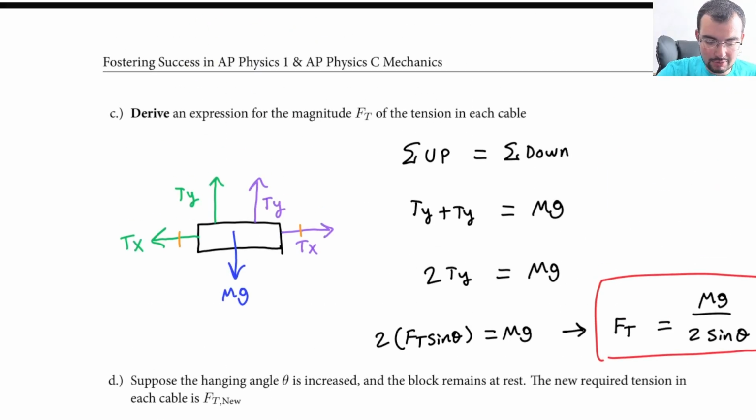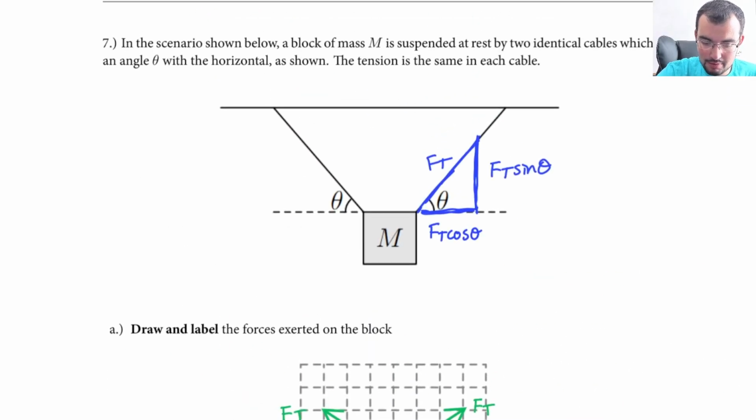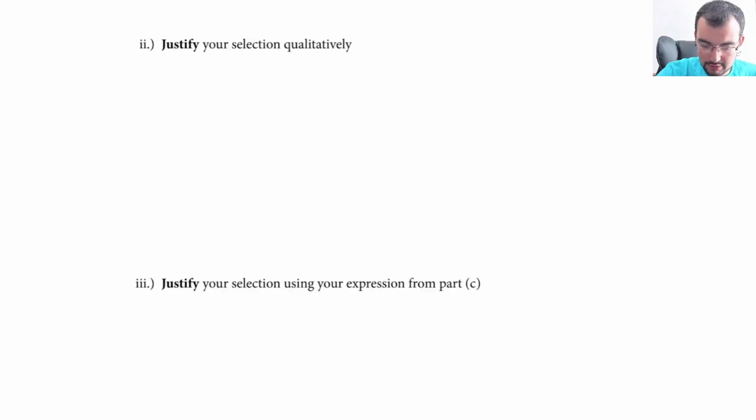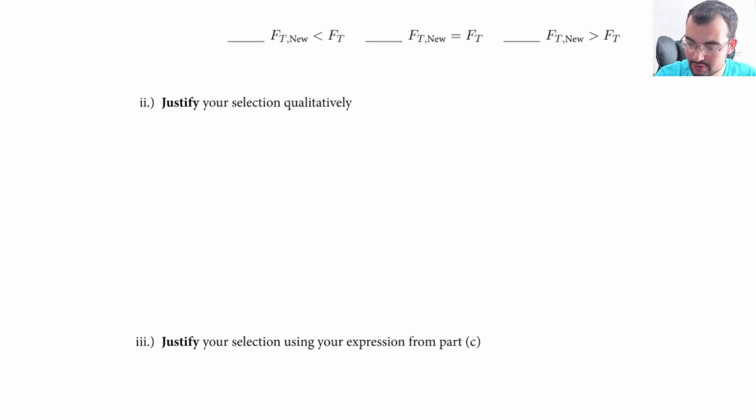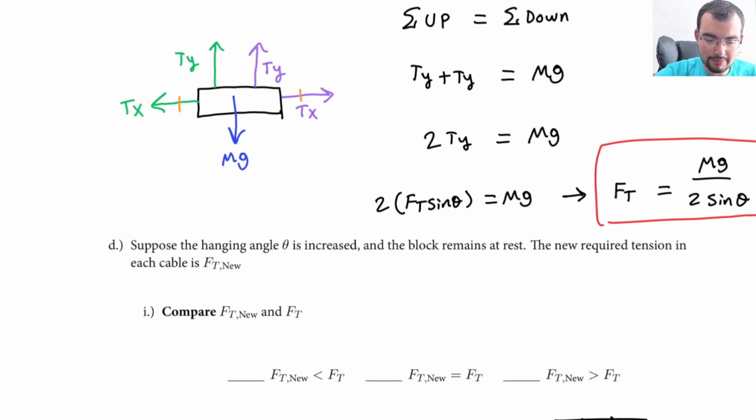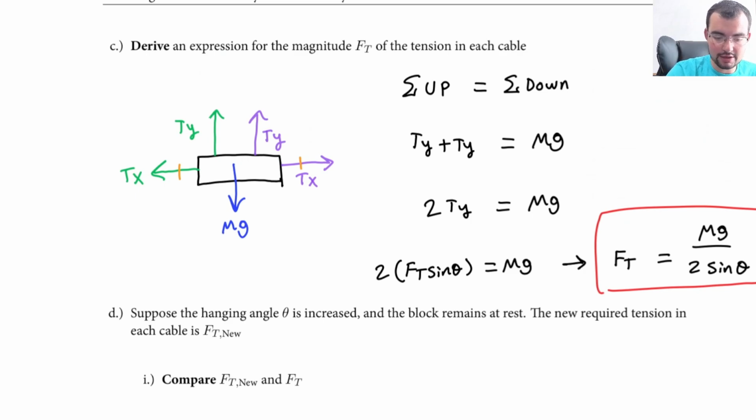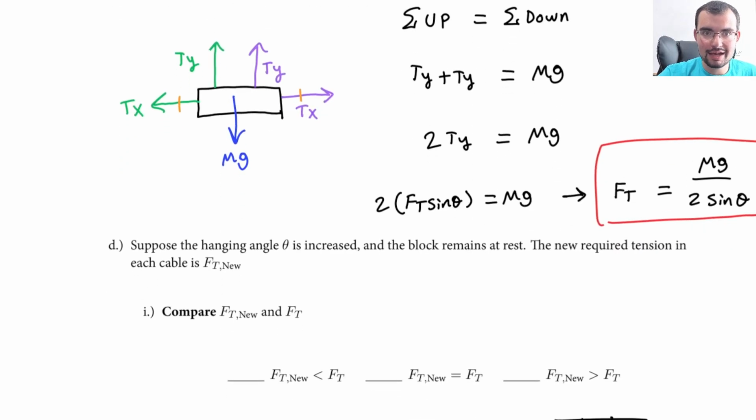So we can analyze what that's going to do to our component body. If we look at what happens if we have a much steeper hanging angle like this, what is that going to do? Well, that is going to change how these components are split up. If I have a larger hanging angle, that is going to give more of my tension to the y than my x. So that means you get more bang for your buck